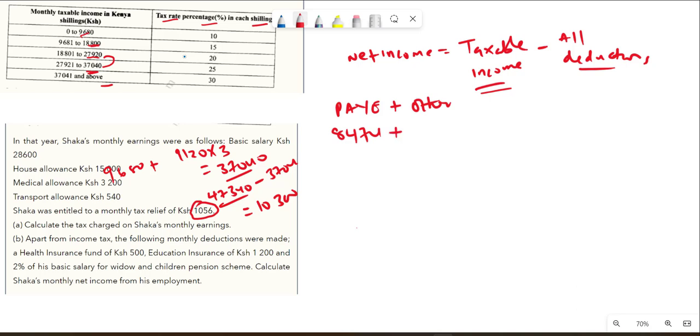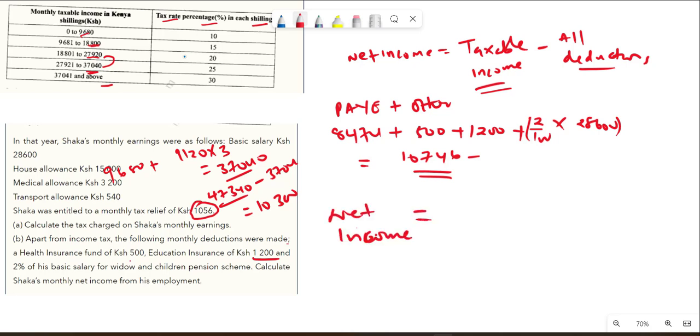You're told that, apart from the income tax, the following monthly deductions are made: a health insurance of 500, so we add that 500. Education insurance of 1,200, we add that 1,200. Then you are told 2% of basic salary, that is the same as 2% of 28,600. So this will give us a total amount of 10,746. So the net income is equivalent to the taxable income, which is 47,340. Then we subtract the total deductions, which is equivalent to 10,746, and that gives us